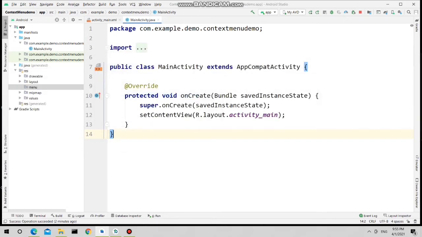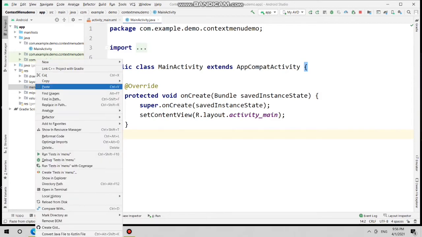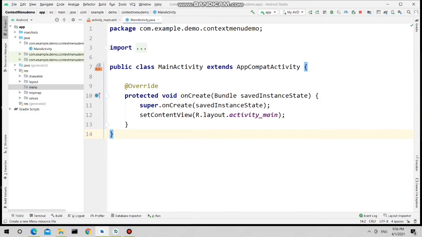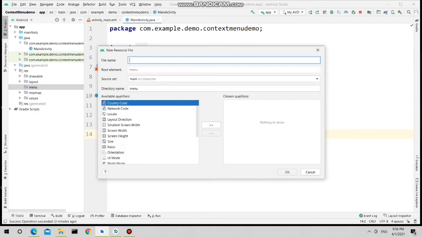So this will create the menu resource directory. Now right click on menu resource directory, new. Now we need to create the menu resource file in which we are going to store the menu items. So I am giving the menu resource file name as ravi_menu and just click on OK.